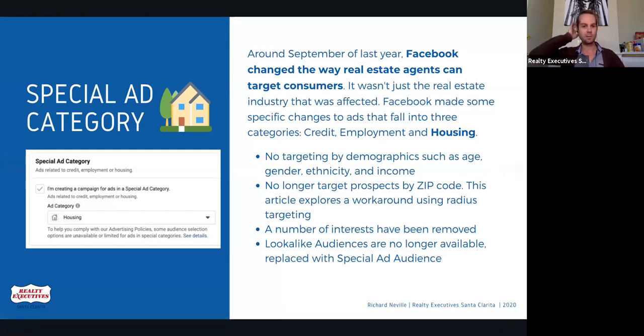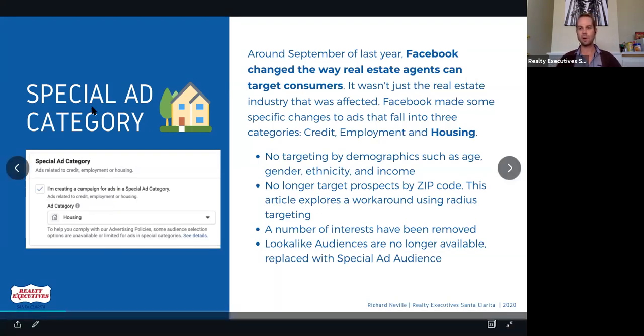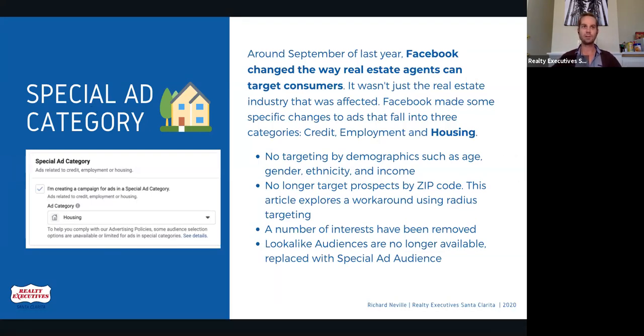Basically, what it does is restrict your ability to target. You're not able to target based off of age, gender, ethnicity, or income. And it locks you out of searching anywhere under 15 miles around a particular address or city. And you're also not able to,